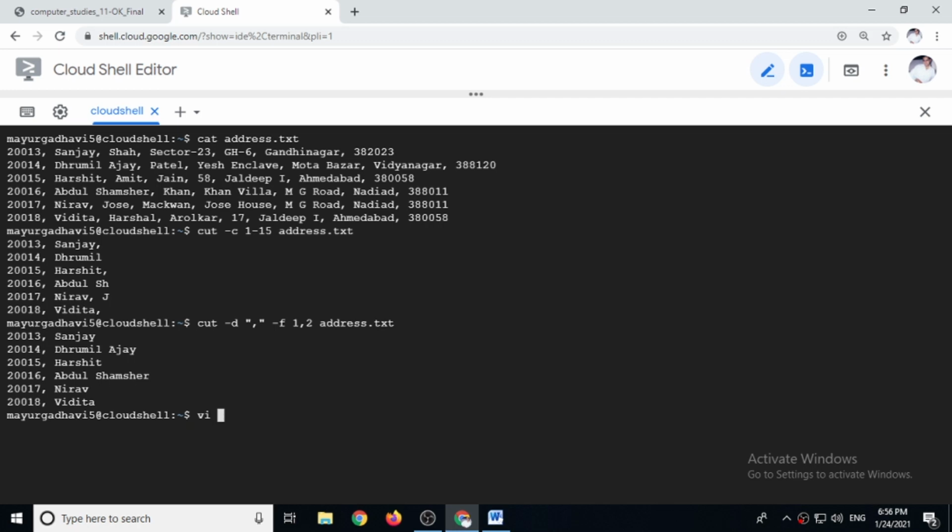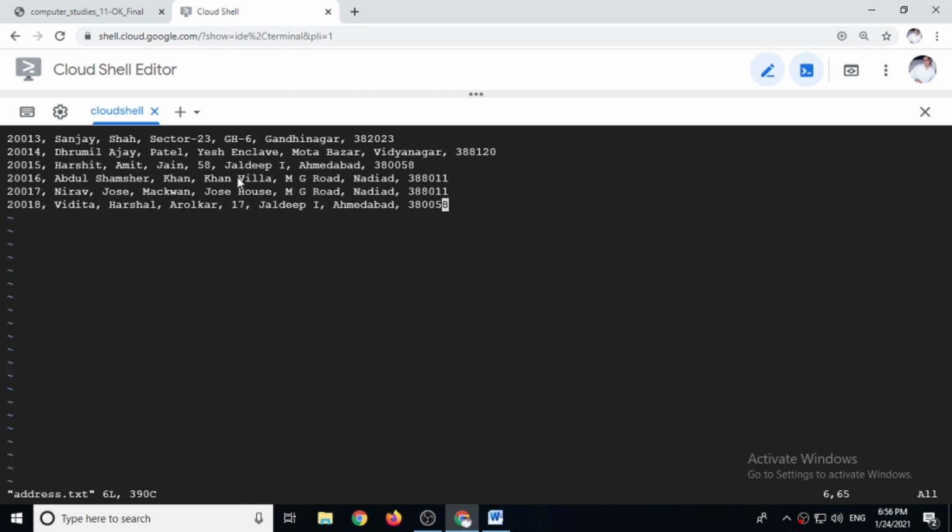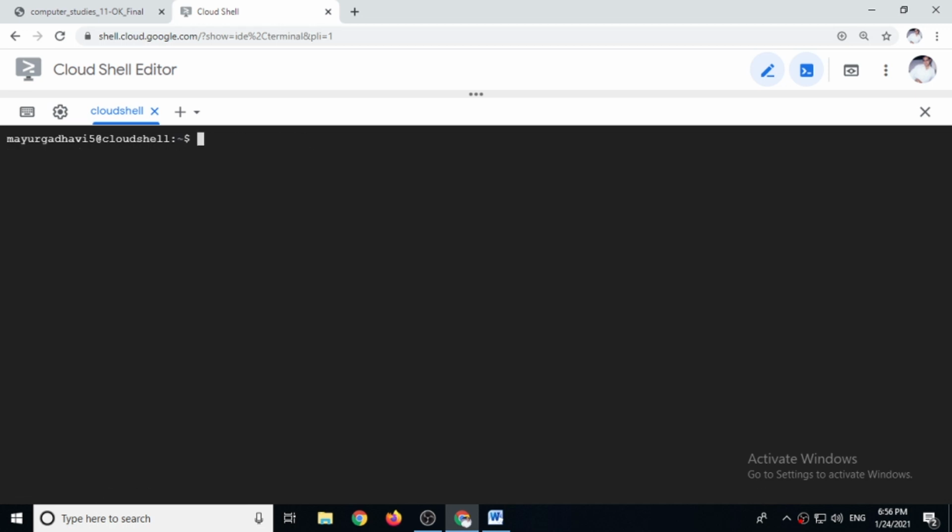Actually vi command we have to study in the next chapter. But just now let's make correction. Drumil comma, same way here also comma. Now let's see the output again.